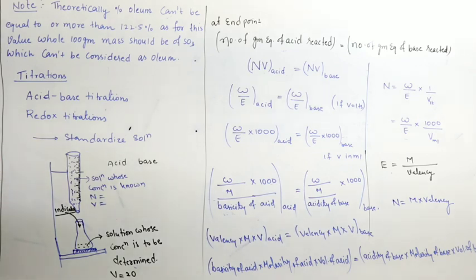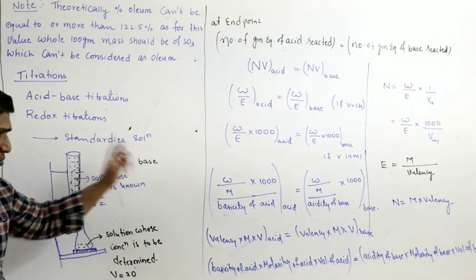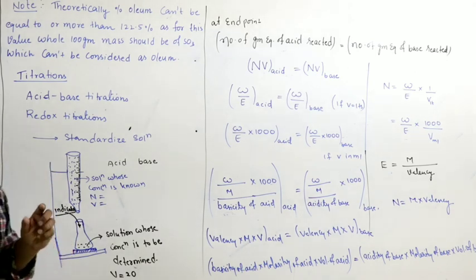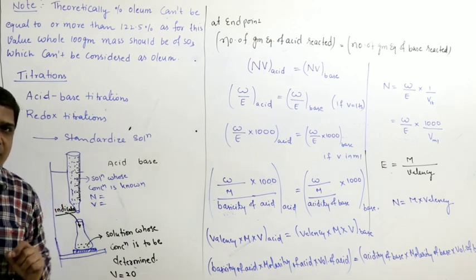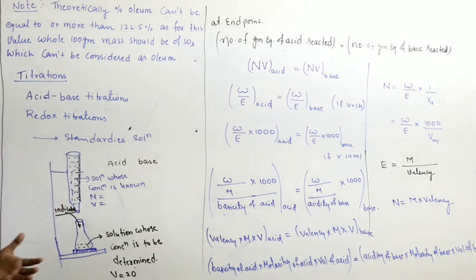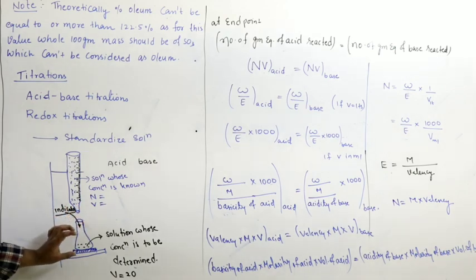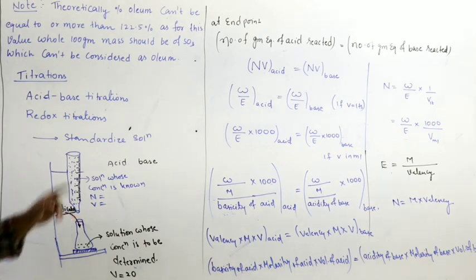Right, coming to redox titration. Redox titration means an oxidizing agent versus reducing agent. Like acid versus base, we take oxidizing agent versus reducing agent. One of them will be the oxidizing agent, the other will be the reducing agent. Out of these two, you have to find the concentration of one solution. Same story: we take some oxidizing agent here, reducing agent here, then we have to find the concentration of reducing agent. We add an indicator sometimes to find the end point.